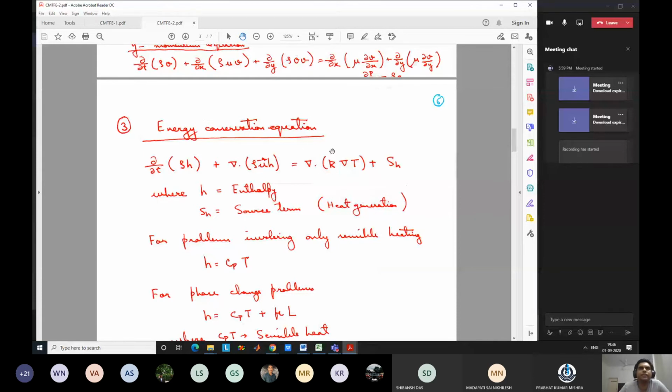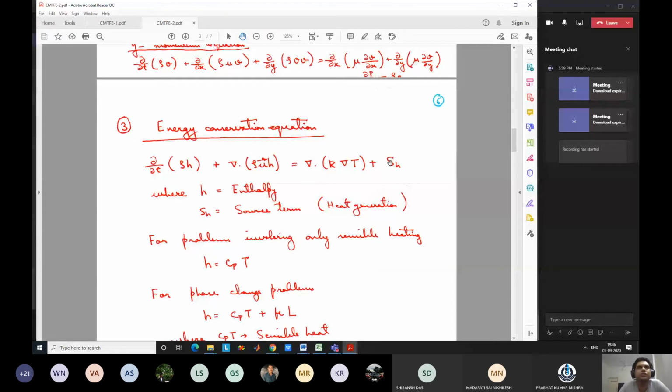And even if these two things are not there at all, still the energy can change in the domain, because there may be a source term. Say, for example, some combustion is going on inside the domain, or some electrical wire is there which is generating some heat. How will you tackle that? That extra energy generated in the domain will obviously increase the energy of the domain, and that is given by the source term here. Any extra source of energy, whether positive or negative, can be tackled using this source term.